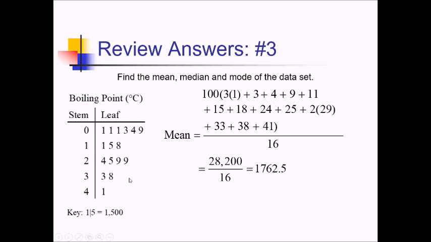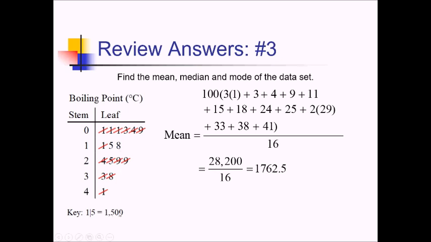So I'll start by crossing off the lowest and the highest items. So we've got 1 and 41 getting crossed off. And then I'll just keep doing that and work my way in. So we have a 1 and a 38, this 1 and the 33. Now we have a 3 and this is 29 right here, 4 and the other 29, 9 and the 25, and now we've got 1 and 24, and that leaves us with 15 and 18,